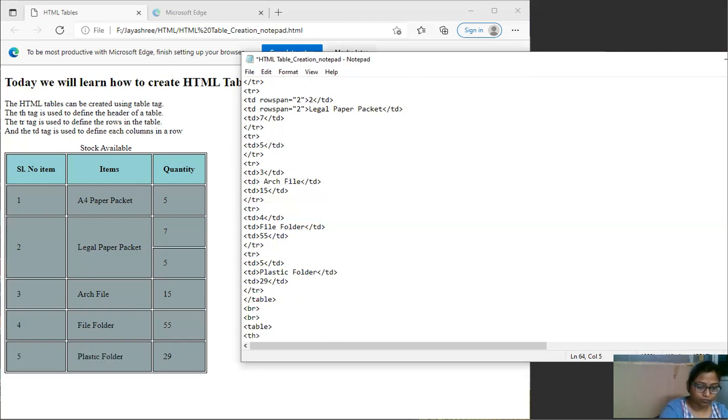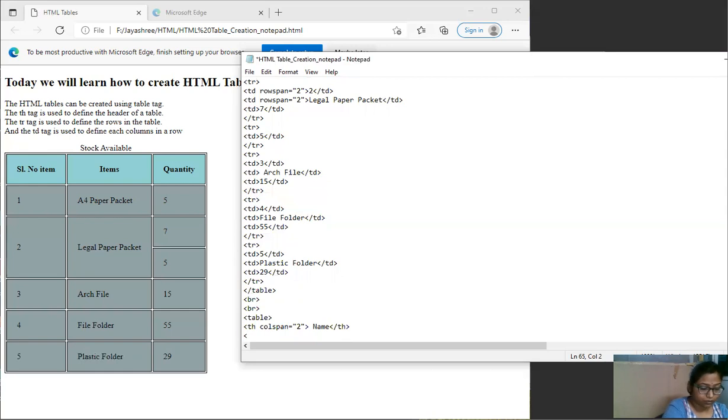TH colspan equals 2, and I'm trying to take the phone number of the person.